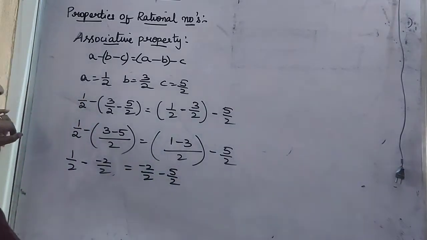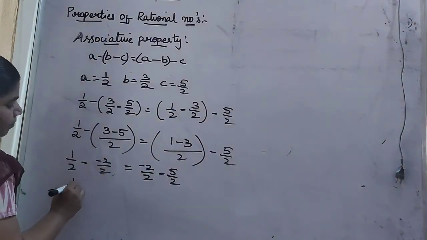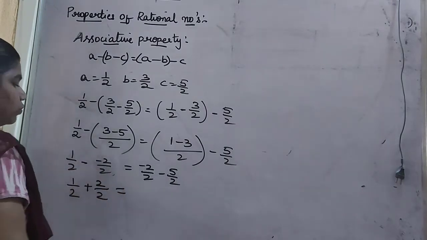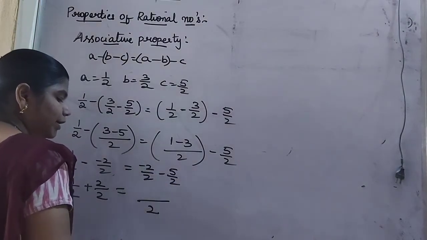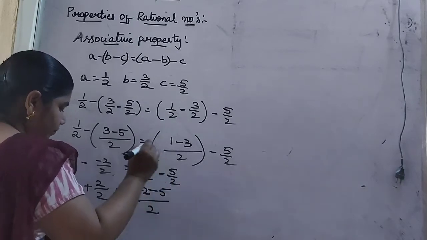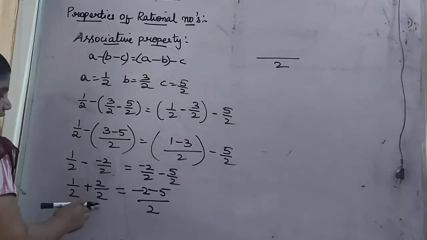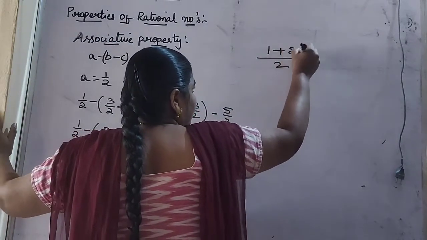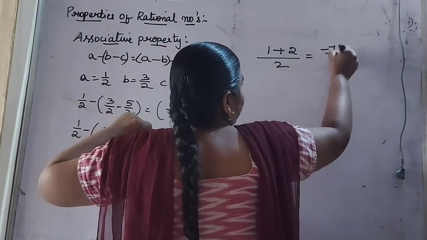Now with the help of remaining terms we can solve. So double signs you are seeing together, so make it into single sign. 1 by 2 minus into minus will be plus, 2 by 2 is equals to. So here both the denominators are equal, so LCM will be 2. So directly we can write the numerator values minus 2 minus 5. So here also both the denominators values are equal, same. So LCM will be 2. So 1 plus 2 is equals to, here minus 2 minus 5 will be minus 7 by 2.